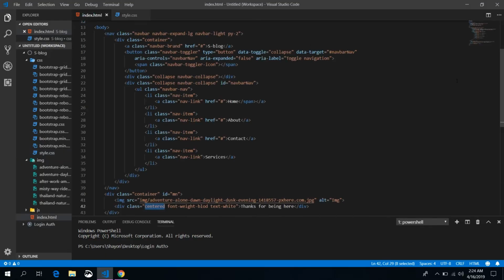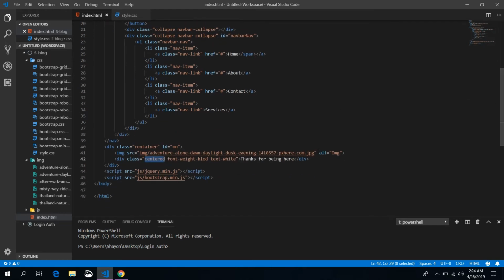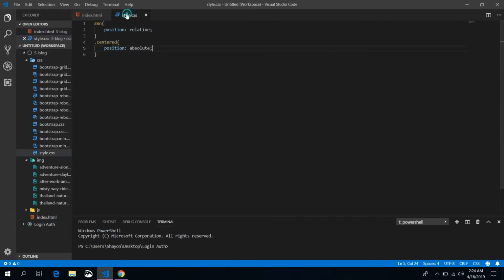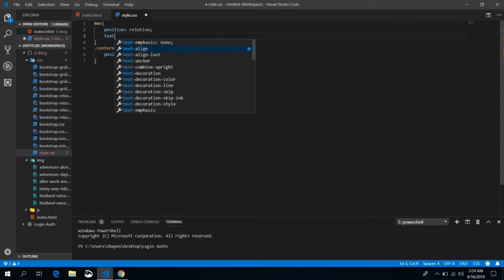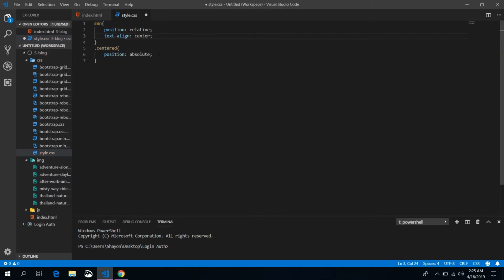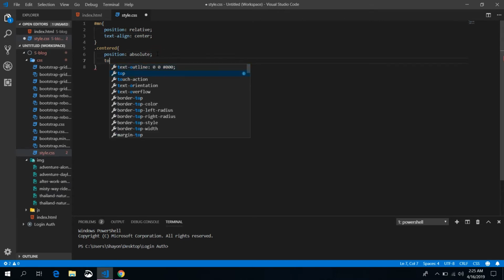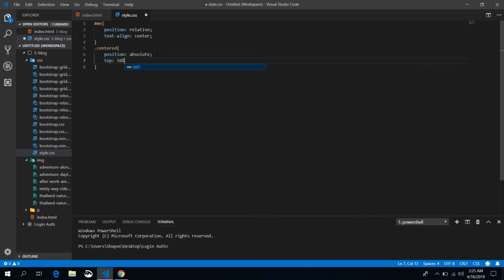In this image tag I forgot to add a class. Add class img-fluid, image fluid, and text-align center, top 50%, left 50%. Okay,